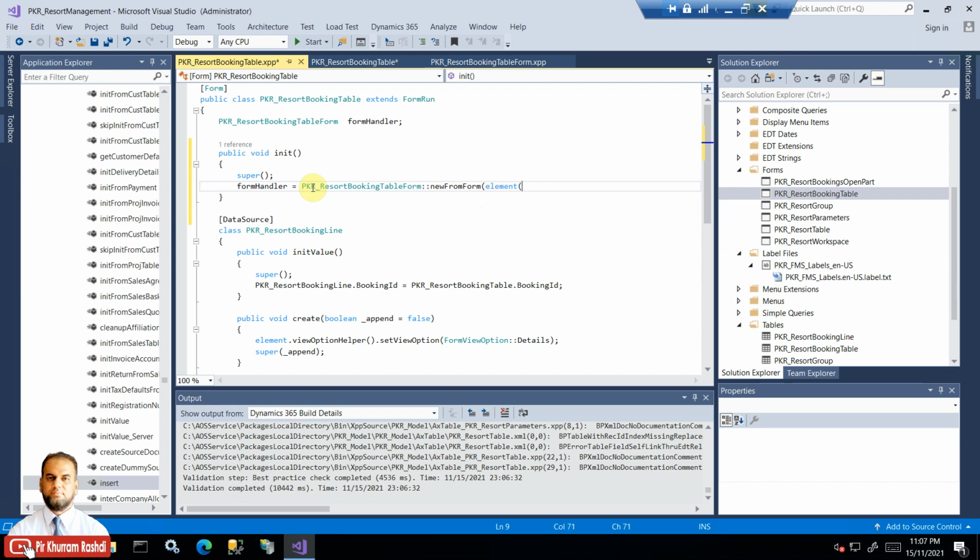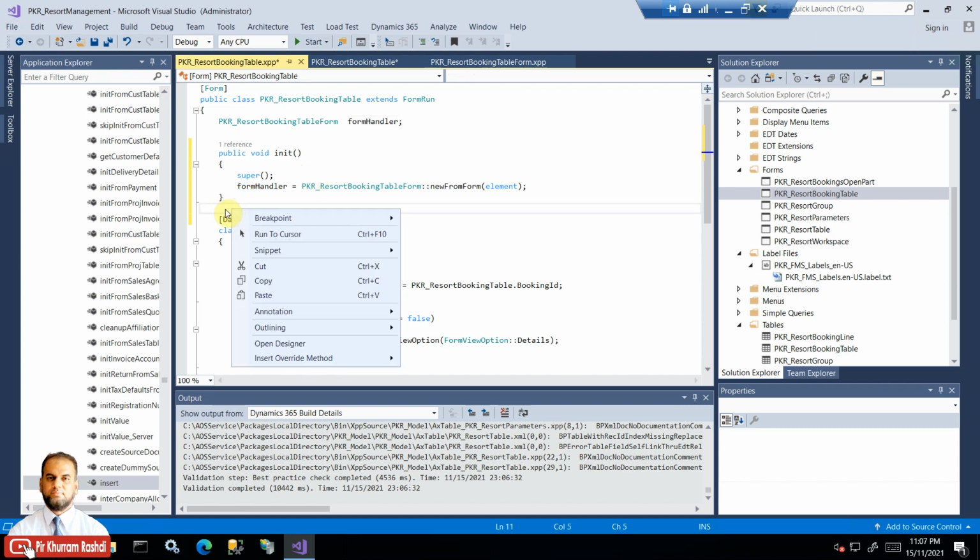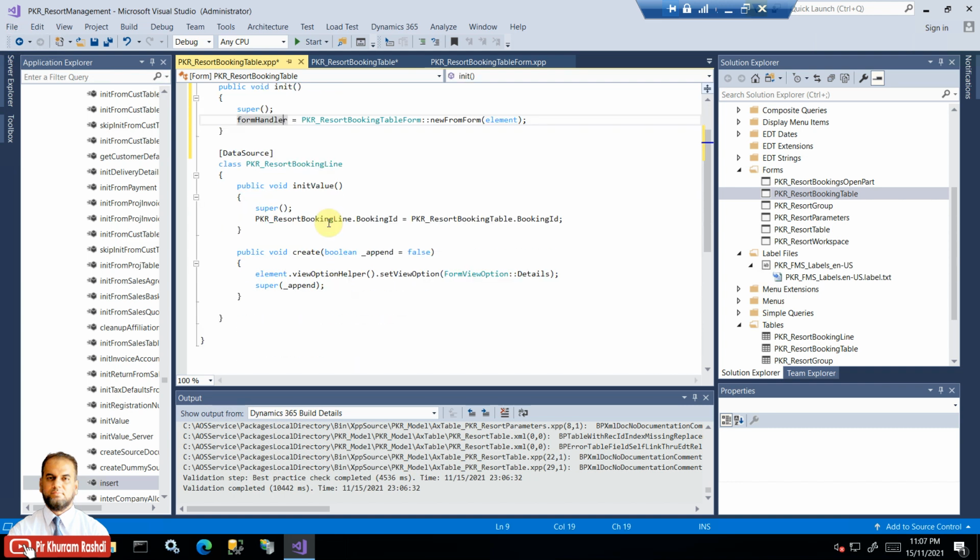In this one, new from form, and here the form instance is passed, and this will basically instantiate our form handler class. Now next we need to also override our